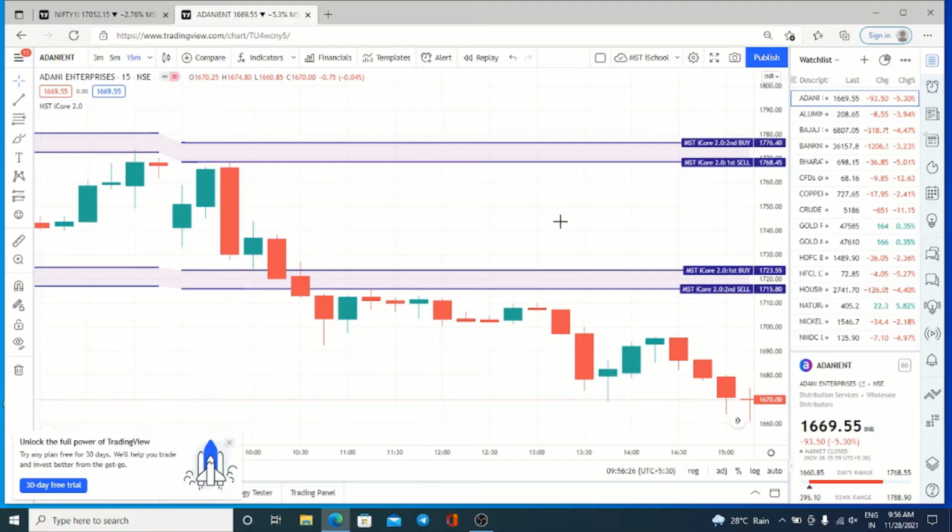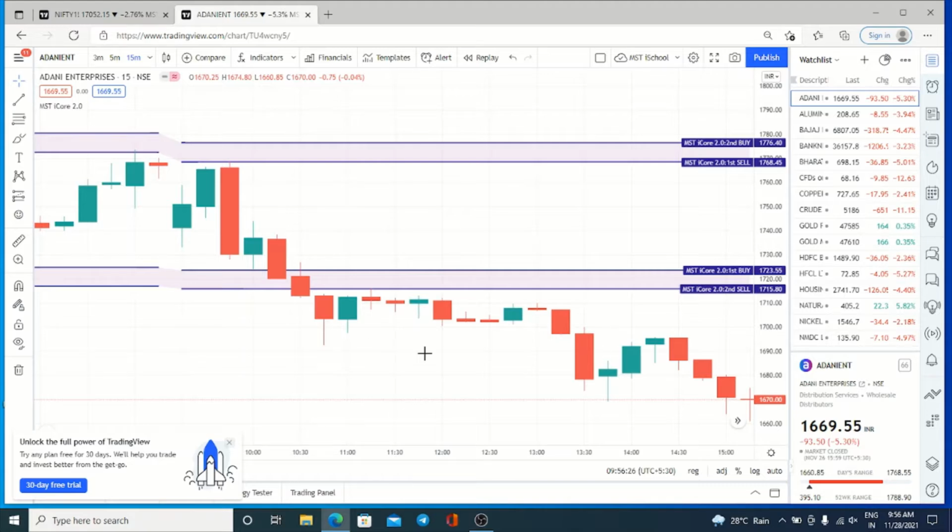Before that, if you are a beginner and you don't know how to open tradingview.com, I will show you the step-by-step process. Just select any browser and type tradingview.com. After that, go to your watch list and select any script which you want to trade. After selecting the script and chart, it will look like this. Now go to the indicator tab, add our indicator from the favorite list and give a click on it. Now our indicator is added onto our chart.